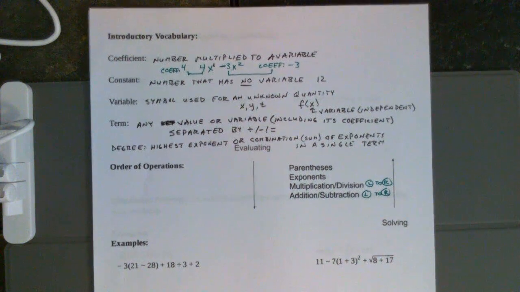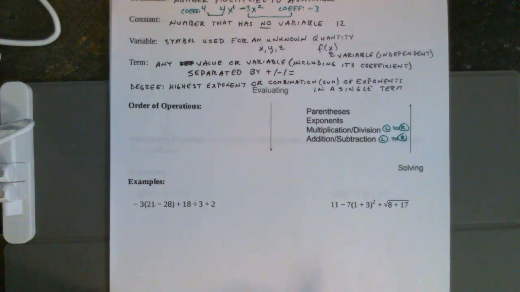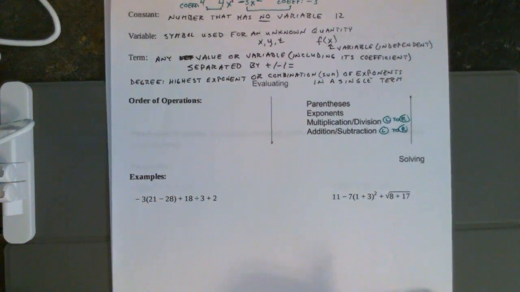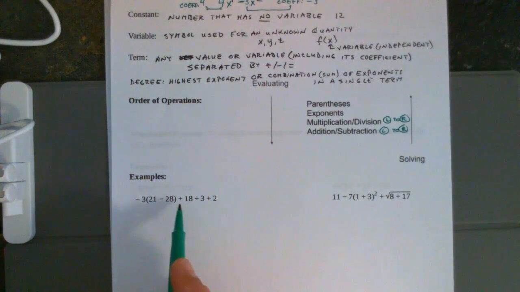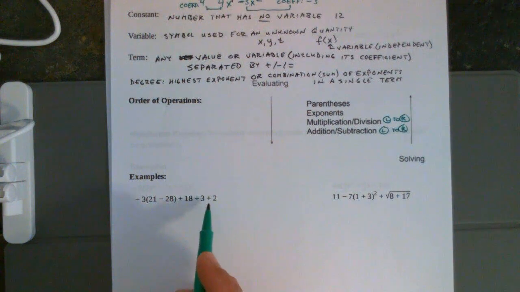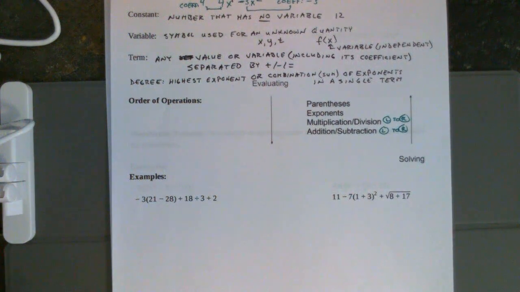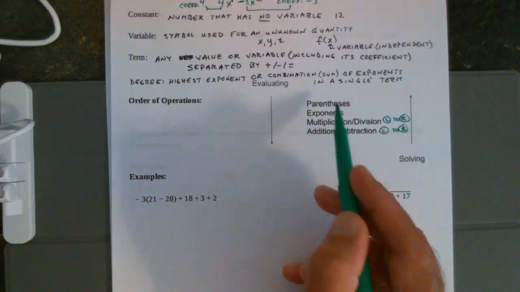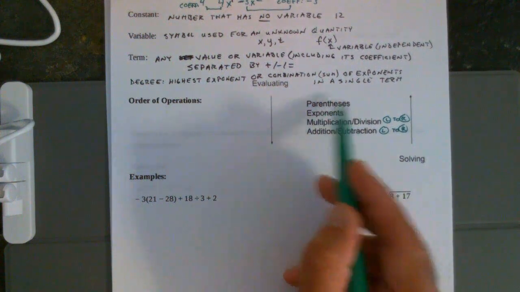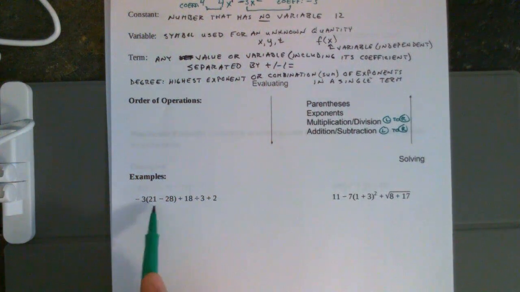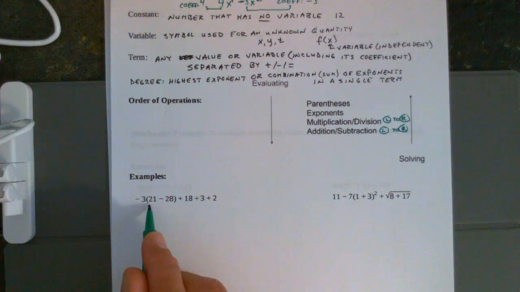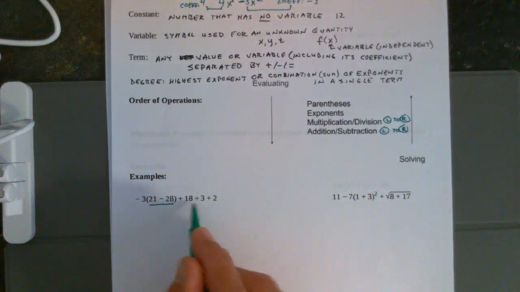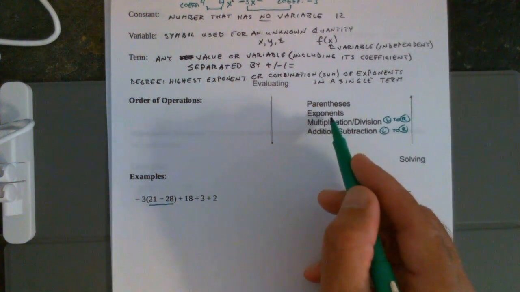So if we look at a couple of examples, we have negative 3 times the quantity 21 minus 28 plus 18 divided by 3 plus 2. Now, this is the order again that we do it in, starting with parentheses or what's called grouping. So we have this grouping here. You can do multiple steps at the same time. In other words, this grouping here is separate from this, and the next thing we don't have any exponents, so